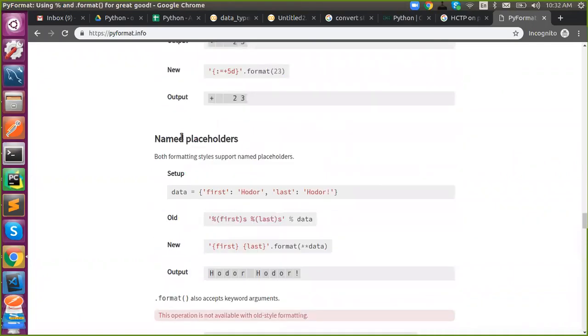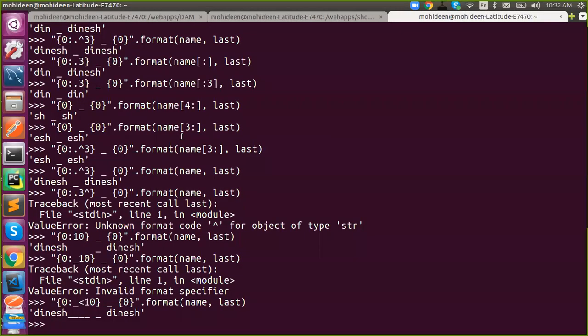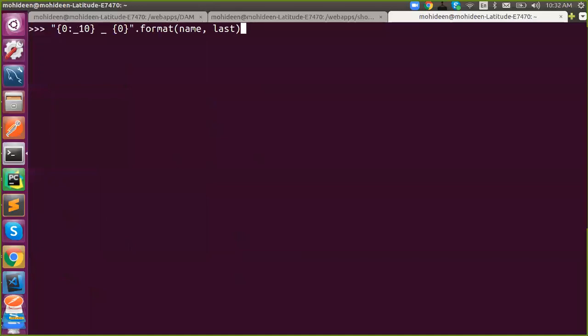And we'll move on to named placeholders, which are not available in old formatting. It is purely for new formatting. Till now we have seen index based positioning. Now we are going to talk about named, that is key based. So for example, here we have used 0. Now we are going to use a name based, where we can use the exact name inside.